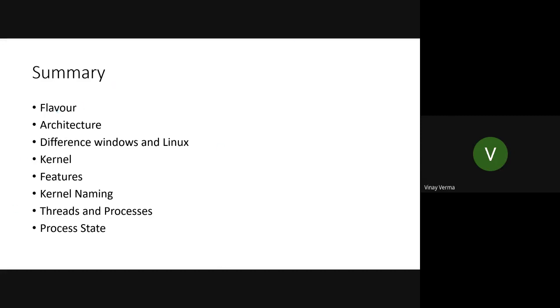So this is what we have discussed in the last class. So let's just see the summary. Flavors of Linux: it's Red Hat, Ubuntu, or other flavors of Linux. For the banking sector, there is another Linux. For the education sector, it is another Linux. For mobile phone, the Linux is different. It just depends on the use case. So everyone is having a different flavor of Linux, but the kernel is same for